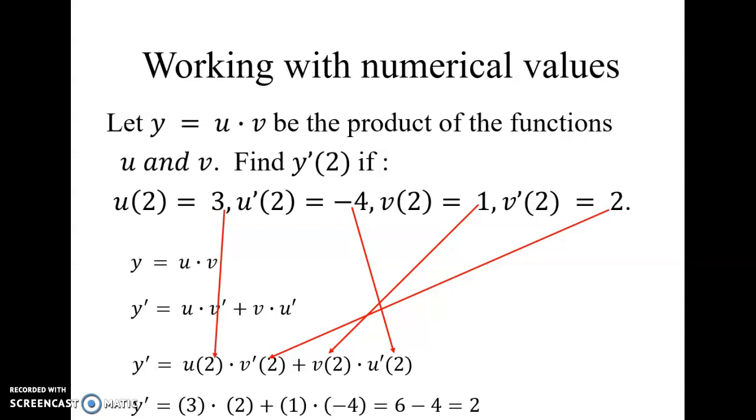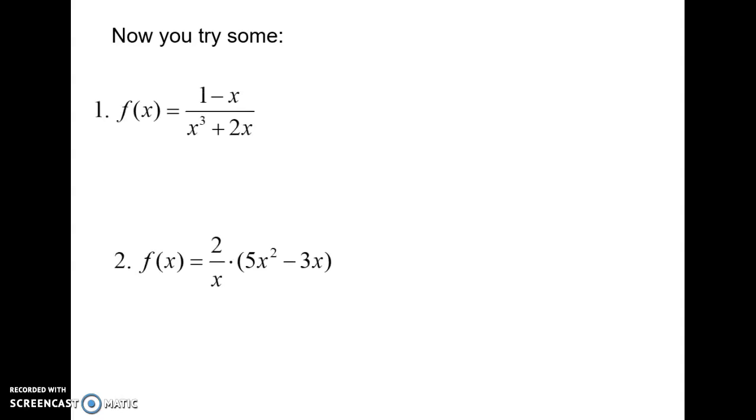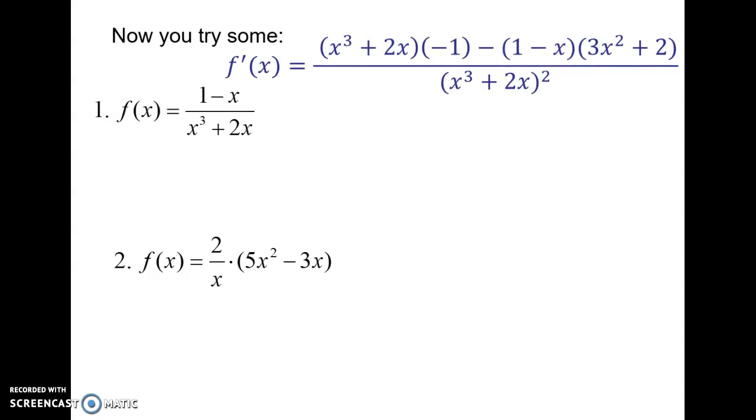Now I want to try to do a couple of examples with the quotient rule. So let's look at a couple of quotient rules here. Let's do number 1. If we put the rule in here, we have a function divided by a function. And the rule for the quotient rule is low, or the denominator, don't do anything to it, times the derivative of the numerator, which is low d high, minus high, 1 minus x, d low, the derivative of the denominator,